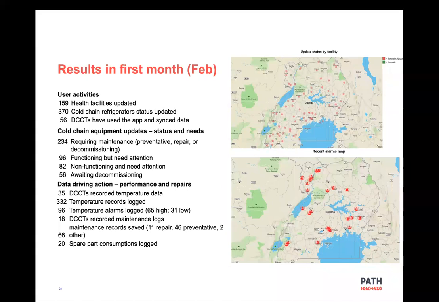From the data, again, 35 technicians were able to record temperature data, and that map to the right shows where temperature alarms were showing up, again, high or low. 96 alarms total logged, again, there it shows. And then, the part that I'm most excited about is the maintenance logs. So we were able to get a handful of maintenance logs in there, 66 of them, and 20 spare parts